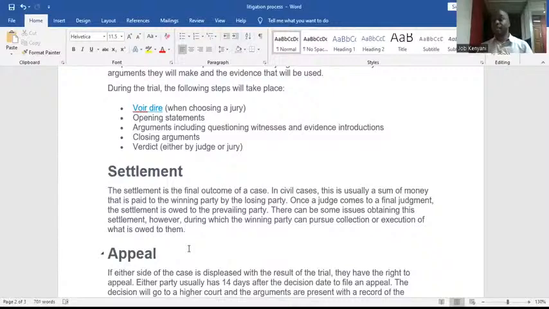Then there can be an appeal. You can appeal. Maybe you didn't get a fair hearing in that particular court, so you go to the next court, and you can do an appeal if you think you didn't get a fair hearing. So for example, if you look at our court structure here in Kenya,